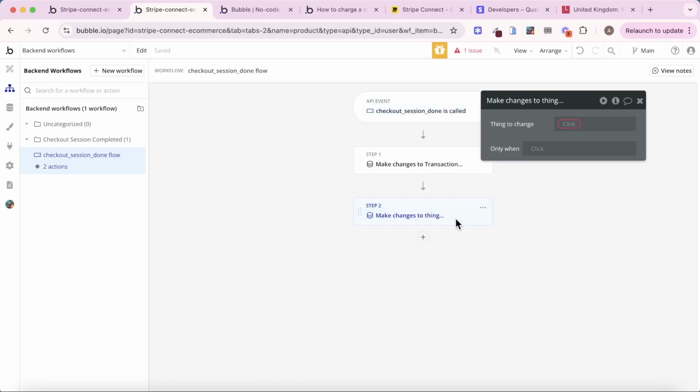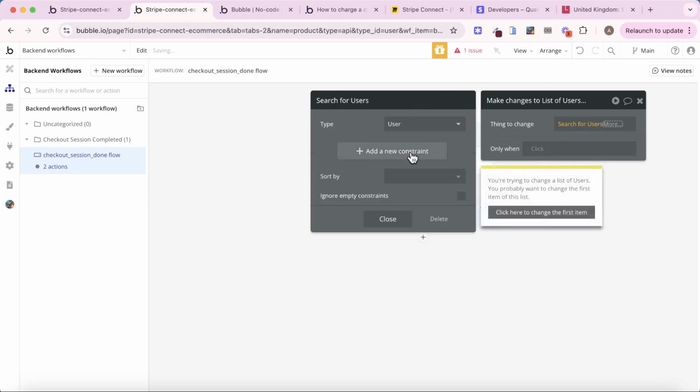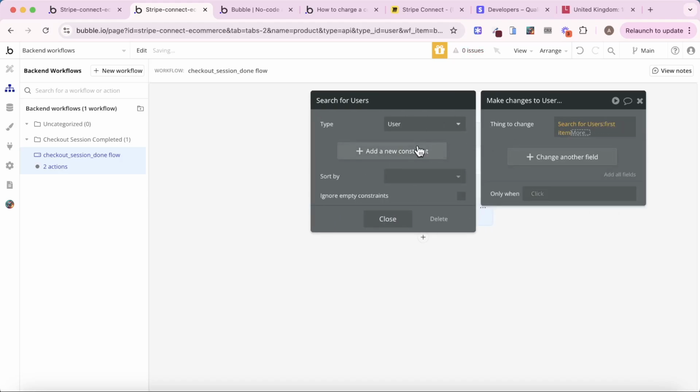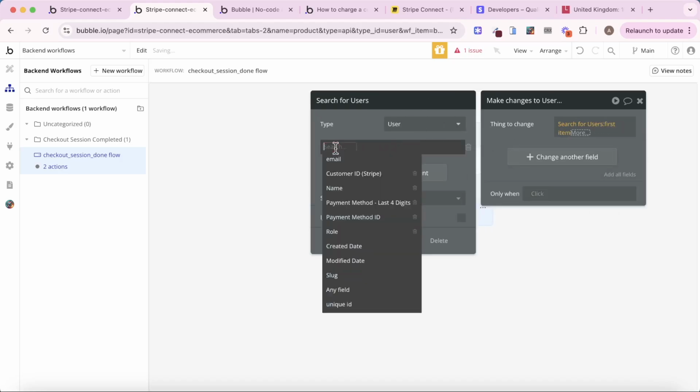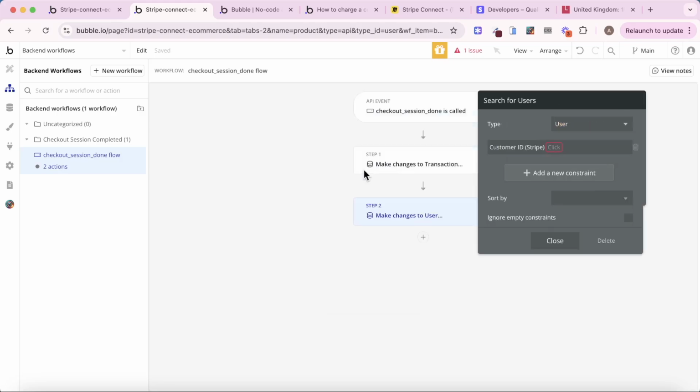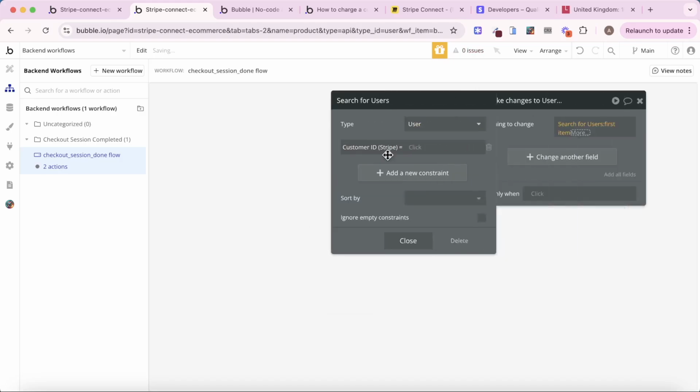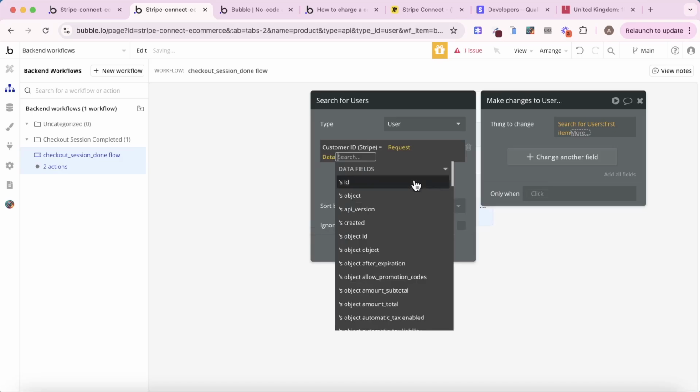We can't make changes to the current user because we're on a backend workflow and Bubble has no idea on the backend who is the current user. But what we can do is do a search for a user, and we can search for the very first user where their customer ID is equal to request data's